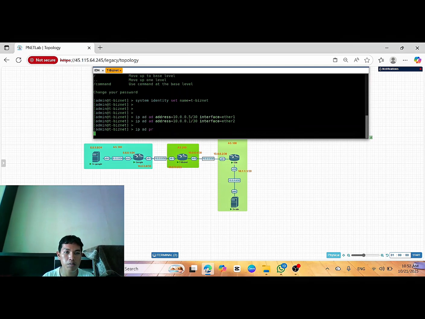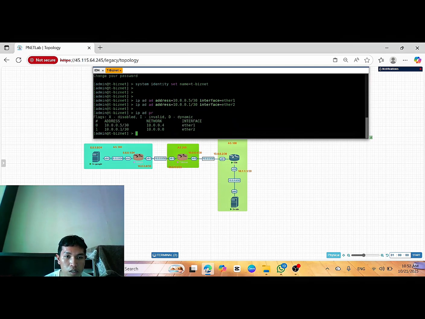IP address print. You can see ether 1 is going inside, ether 2 going outside. This is interface ether 1. This is interface ether 2.